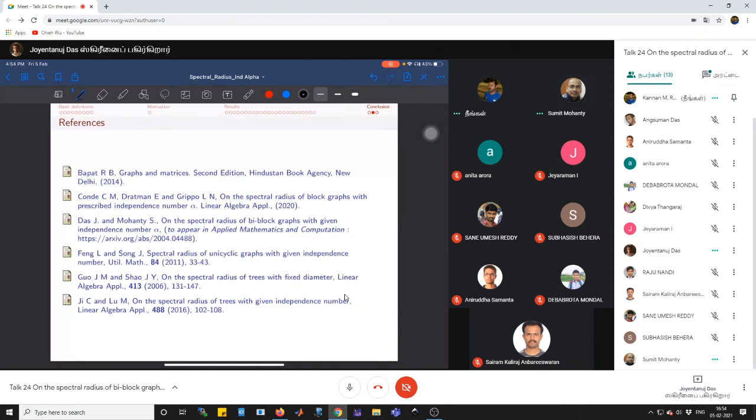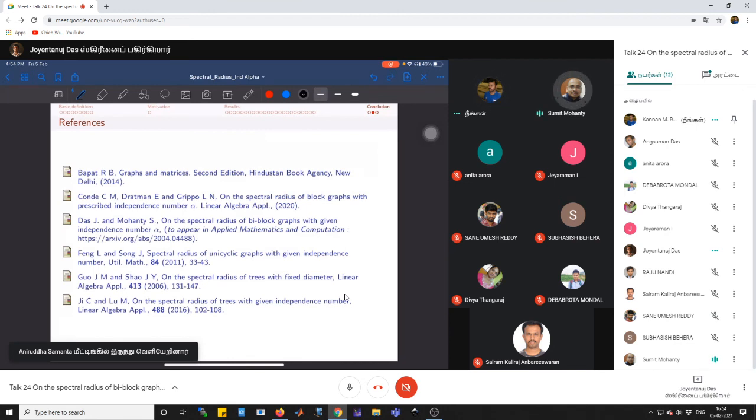Block graph was introduced also by Bapat for the distance matrix. Yes, that I know. Then, after that, to extend that result, biblock graph was done. Then Bapat also did it for the incidence matrix, as I told you. Biblock graph, to find the Moore-Penrose inverse. There are a few other results, but I don't remember exactly. Thank you.